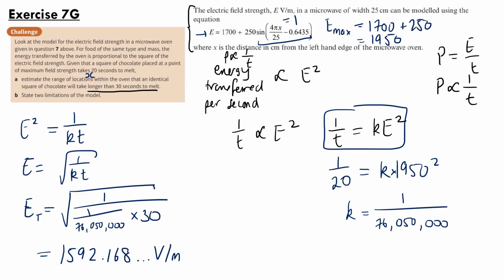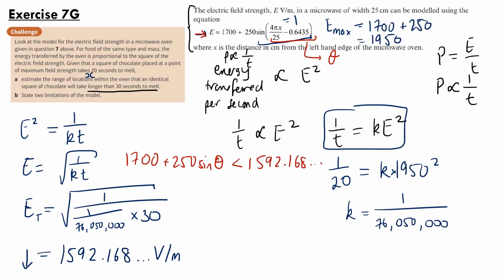Now, if we want the range of x within the oven, so the range of distances within the oven, where it will take longer than 30 seconds to melt, then we want the electric field strength to be lower than 1,592.168. So if we return to the original equation, essentially we're trying to solve the inequality now. 1,700 plus 250 sine of, let's call this whole thing in there theta, just to speed things up, so 1,700 plus 250 sine theta is going to be less than